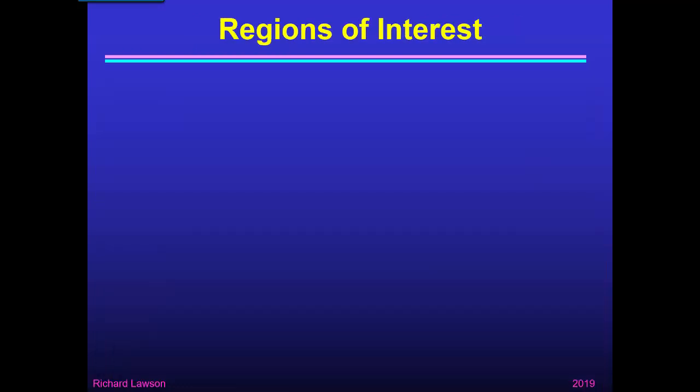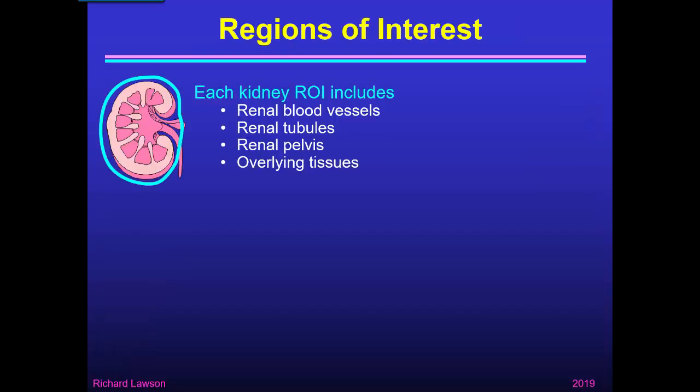So when we come to draw regions of interest, we naturally draw around the kidney. That includes quite a few tissues. First of all, we've got the renal blood vessels, the renal artery and the renal vein, where there's plenty of blood within the kidney. It's a very vascular organ. We've then got the renal tubules and the renal pelvis, where the activity is being excreted and is passing through the kidney. But we've also got overlying tissues, muscles that lie in the patient's back between the gamma camera and